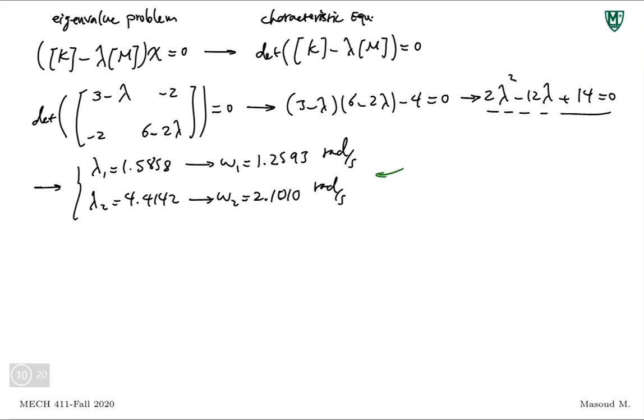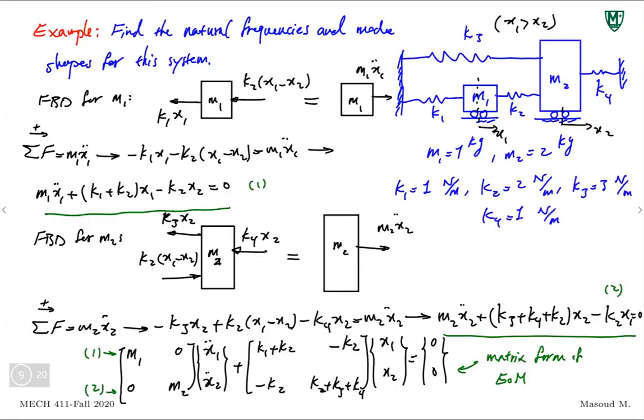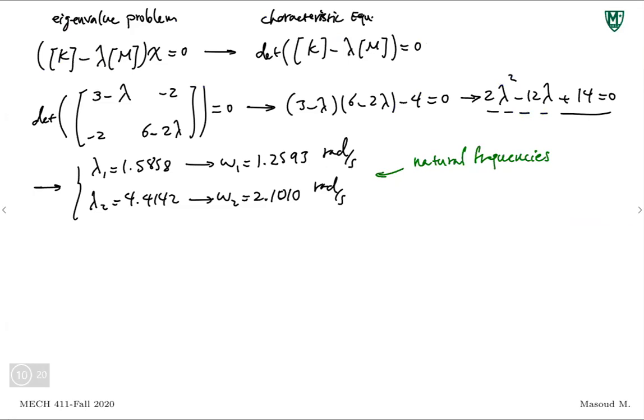So here are the natural frequencies. This is the first part of the problem. We were asked to find natural frequencies. Now we're asked to find also mode shapes. Mode shapes are eigenvectors. So for lambda is equal to lambda 1, which we found as 1.5858,